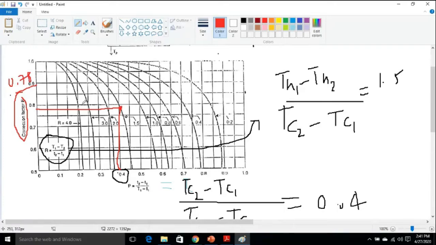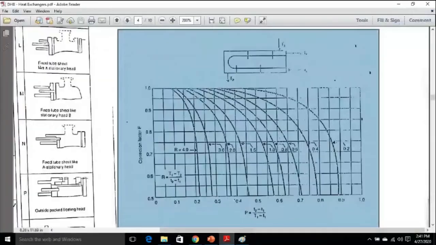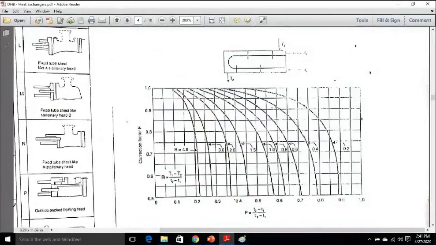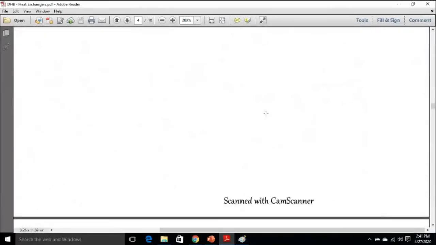Is this part clear to all? How to find out the value of correction factor? Yes, no? Yes, sir. Okay. So this was the first case. Similarly, we can have